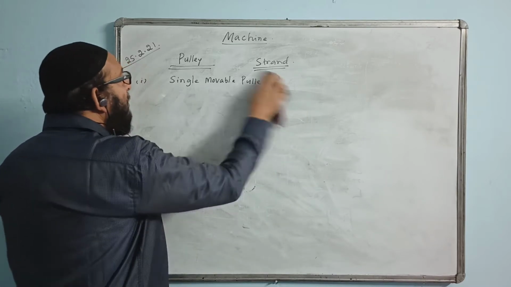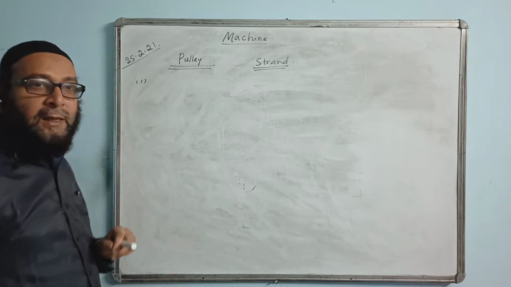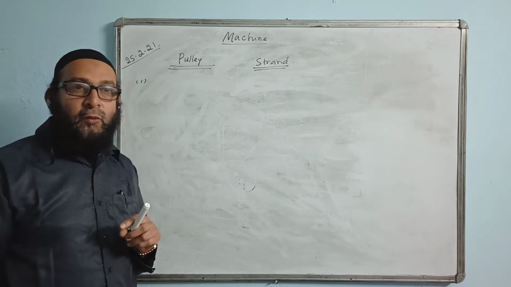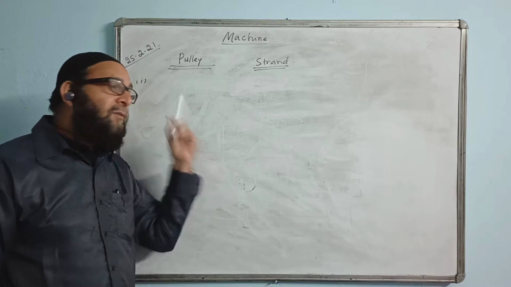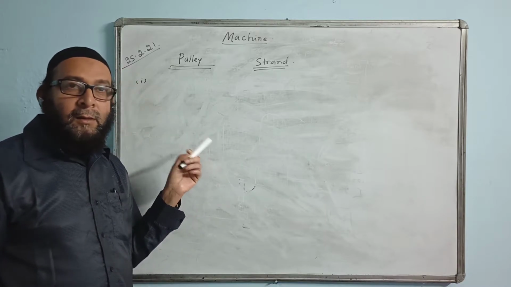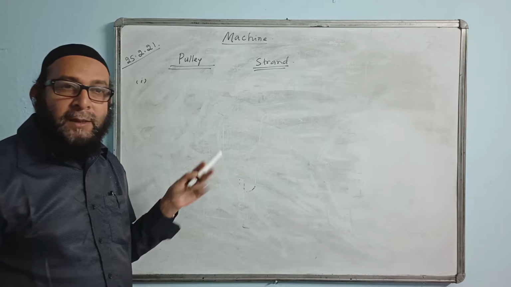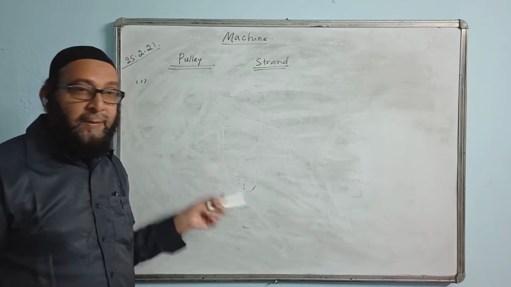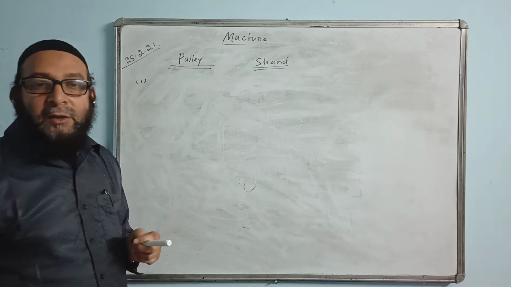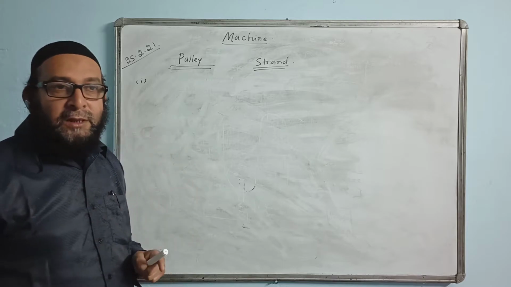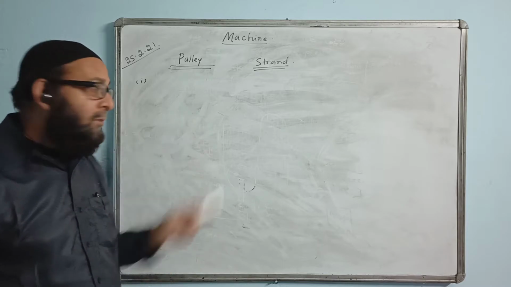That is, if they ask you to draw a single pulley whose mechanical advantage is 2 or velocity ratio 2, which one will you draw? This one or the previous one? If the velocity ratio or mechanical advantage must be 2, then you draw this movable one. Whose mechanical advantage or velocity ratio is 1? So which pulley system will you make? The first one, the previous one.